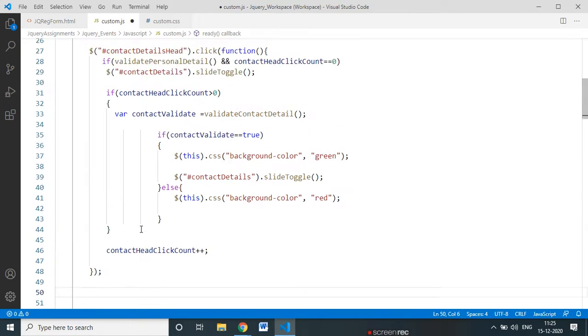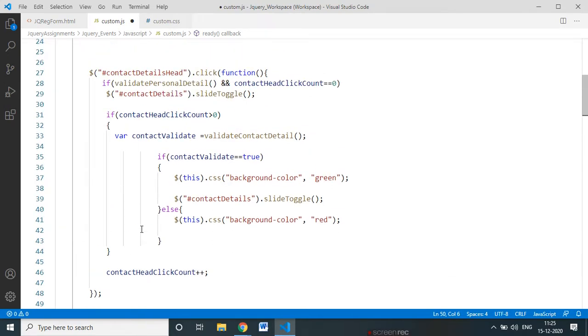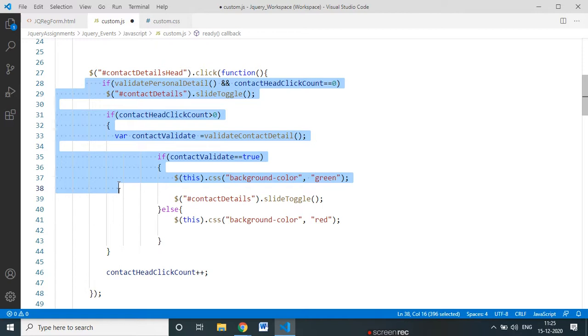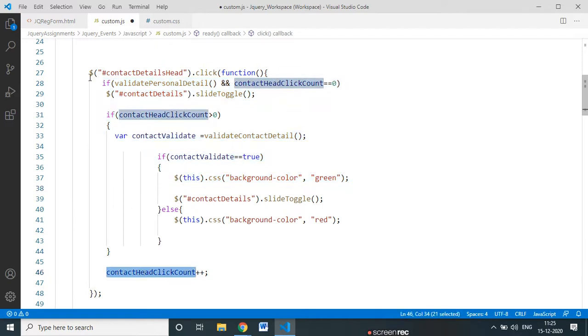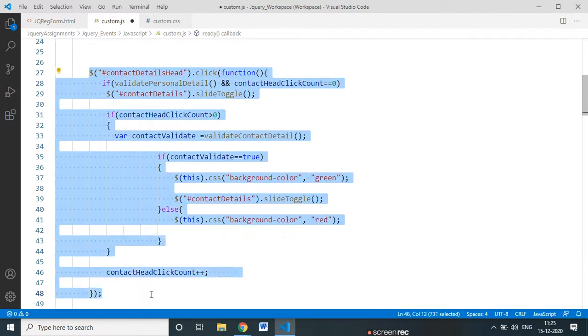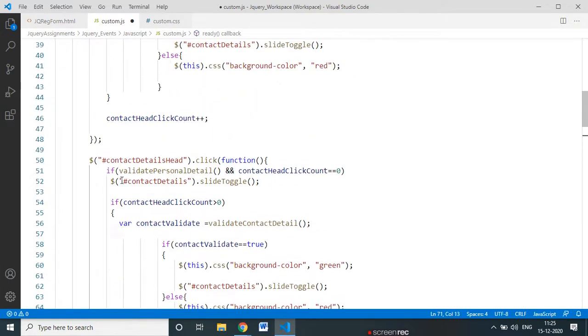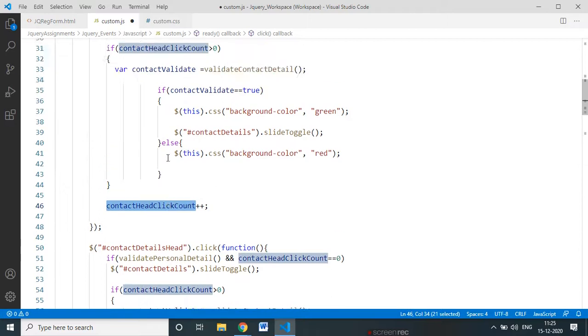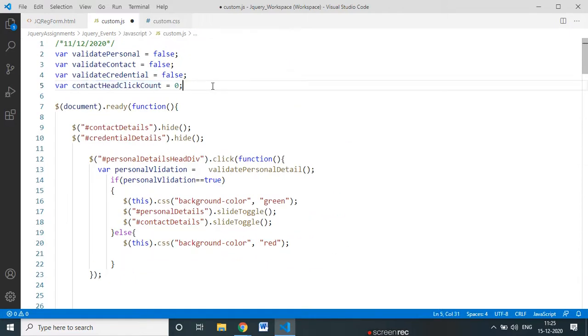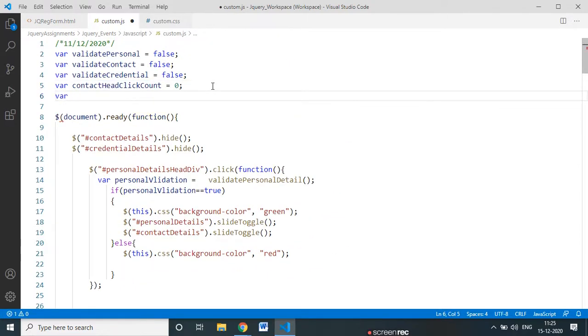See what I do, contact head click count. Yesterday we discussed why we take this temporary variable, and I'm using the same temporary variable here. I'll copy and paste it and create a separate variable. Now here I'm saying credential head click count.